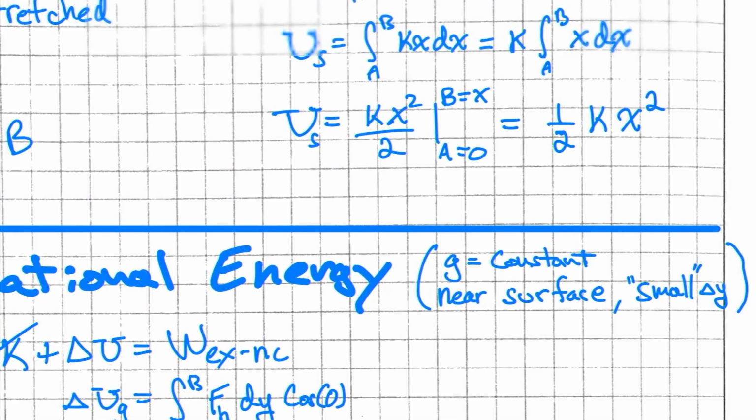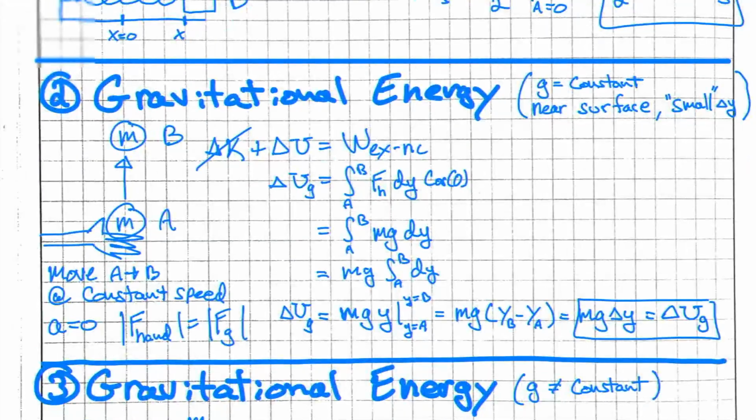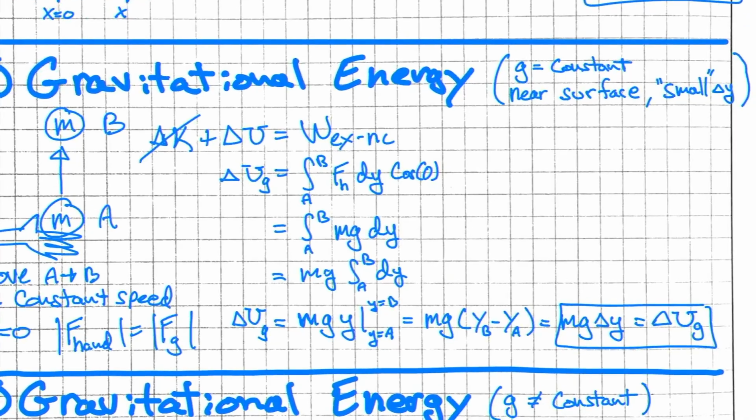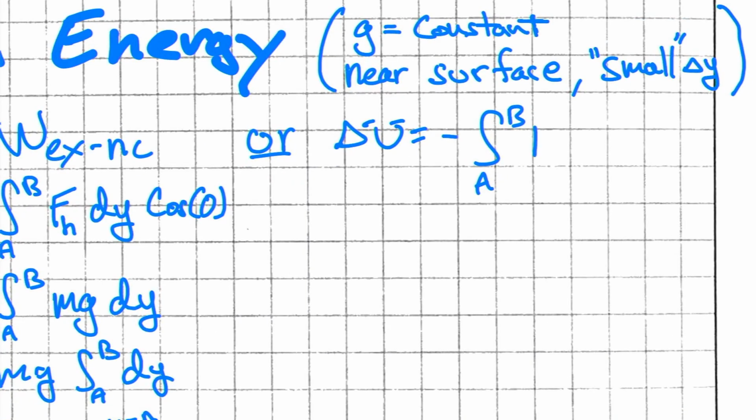Just go back up here. This was the potential energy of the spring. Now, I'll show you another way of doing this derivation, and that is to use the other definition that delta U is the negative integral from A to B of the force, which is the conservative force,